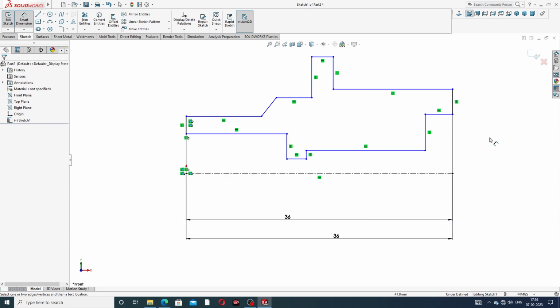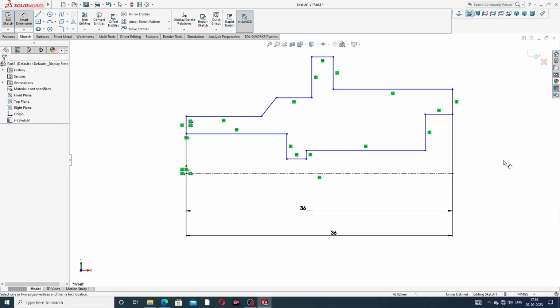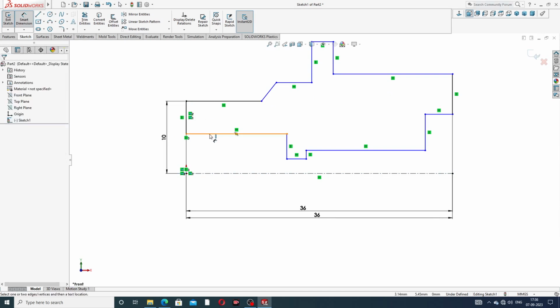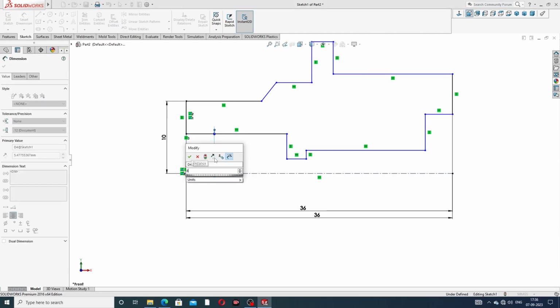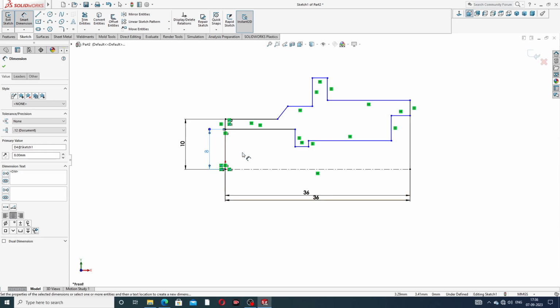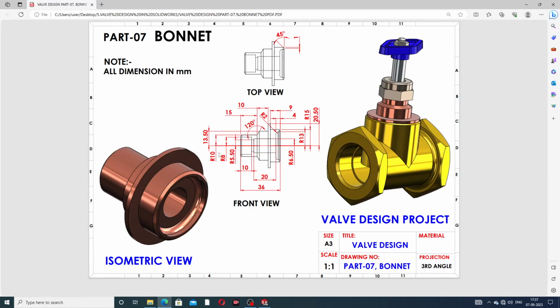Then select this line, this is 10 millimeter, and this is 8 millimeter. One by one, this is 10 millimeter, and this 8 millimeter is half, and this is 13 millimeter,